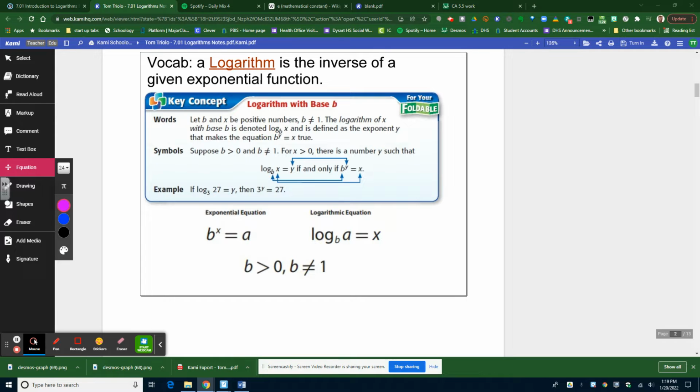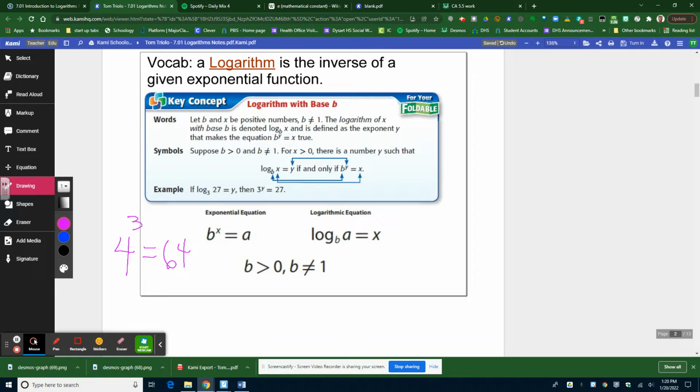A logarithm is the inverse of a given exponential function. So I'm going to rewrite this one. So if I've got something like 4 to the third power is equal to 64, the way to write it